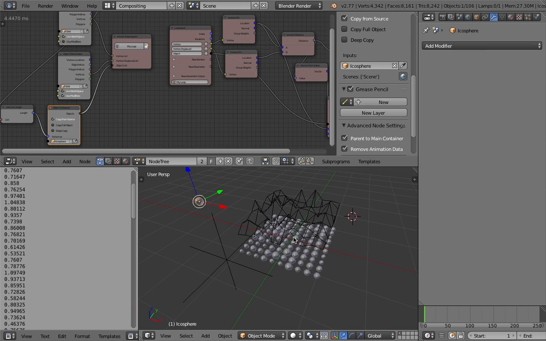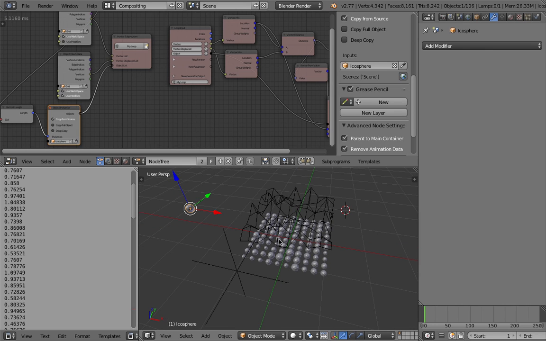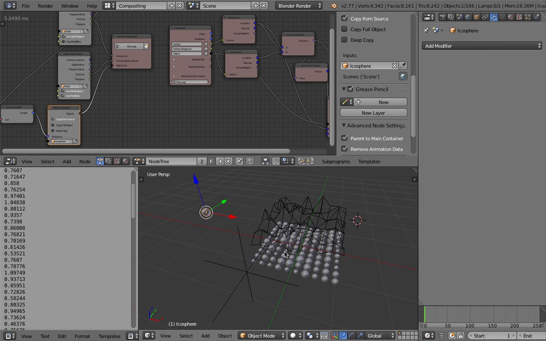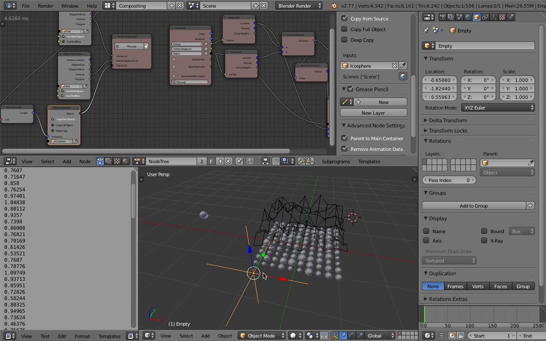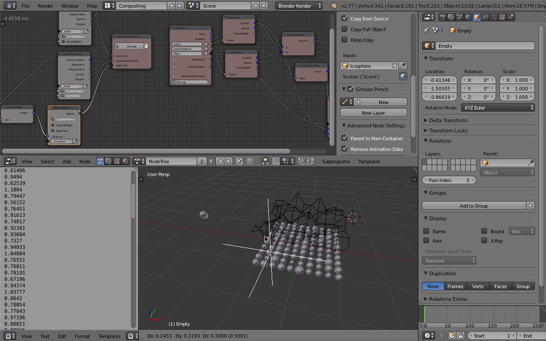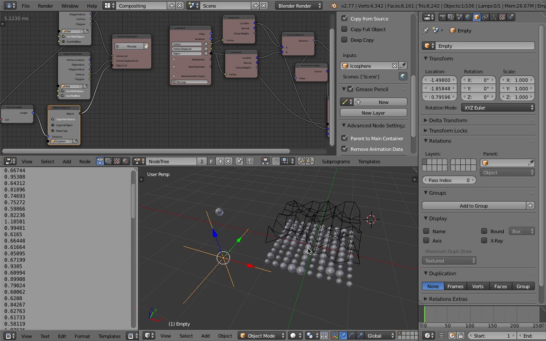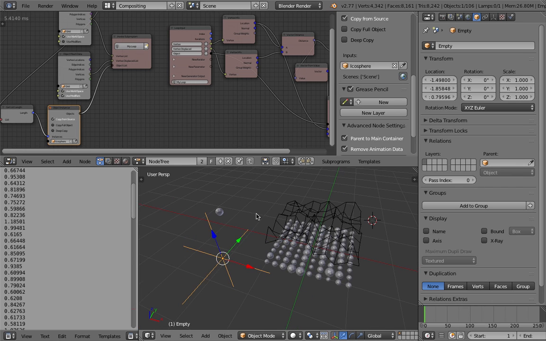Do save a lot. It helps you to keep progress of what you're doing, and also keep notes. That will help. And if you're thinking to make a similar tutorial, show this to your other Blender friends or non-Blender users, show this to them, and then they will be like, wow, that's possible in Blender. Of course it's possible. There's a lot of things that Blender can do, and people just don't know it.